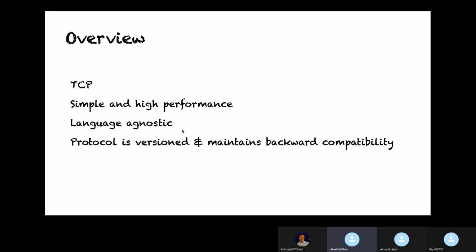The way the Kafka protocol works, it's a TCP protocol, and the choice for TCP is a conscious one on Kafka's part, for two primary reasons. One is that they can make use of TCP features such as multiplexing, wherein on one connection itself there are multiple sessions that can be opened. The performance side of it is another aspect. It's a very simple and high performance protocol.